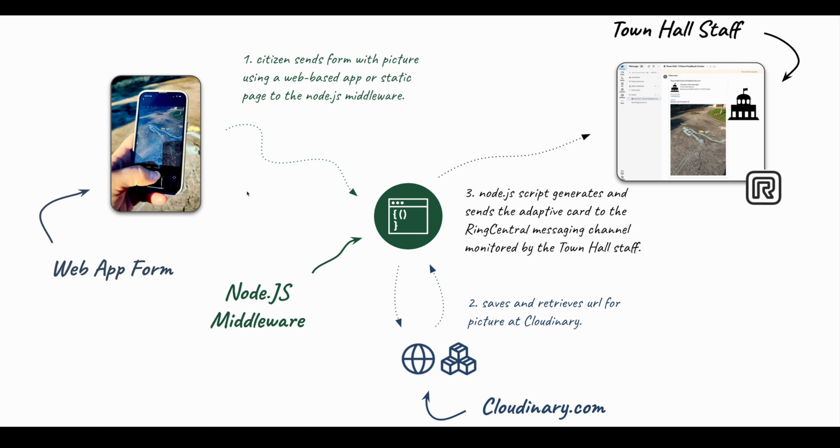Citizens would submit feedback, whether text, images, or some sort of media attachments, through the web or a mobile form, or it could also be a mobile app, depending on how you want to build this. Then the data is sent as an interactive adaptive card to the town hall staff behind a RingEX application, using the messaging application, where they can review, respond right away, call the citizen back,